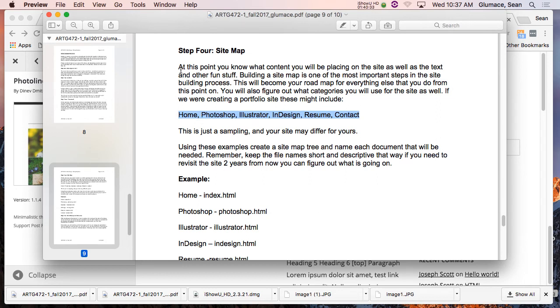The problem is, how do you know what you're going to put up there unless you've gone through all the work or worked with the client, what they want to have up? So this goes back to getting all that stuff together, having it laid out, have that thumbnail, kind of sketch, and decide, okay, where do we go from here? What content do I have, and how do we put all this content together?